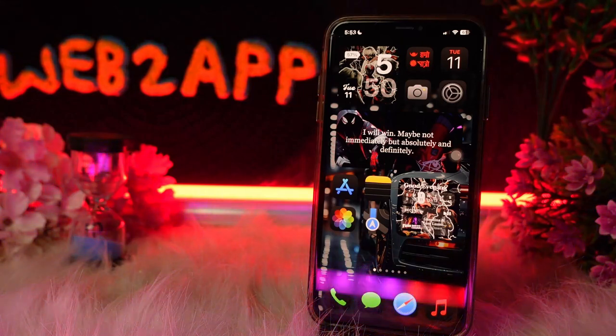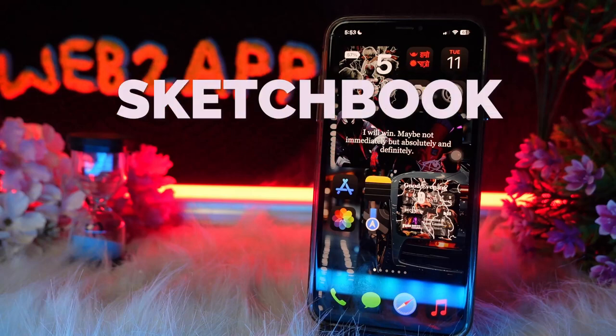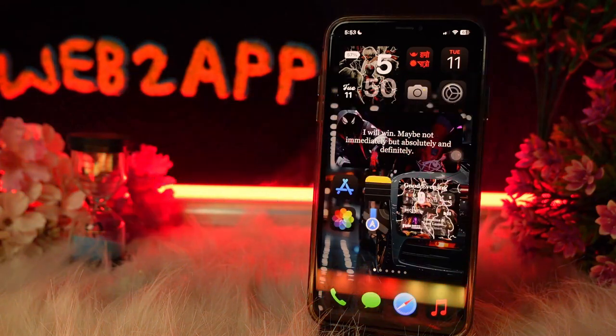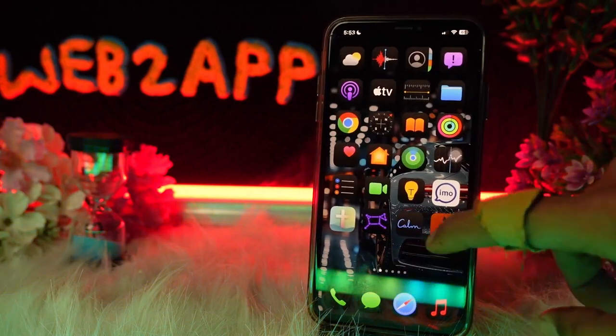Hope you are doing well and fine, and in today's video I'll be showing you how to remove the background in the Sketchbook app. So without wasting any time, let's just jump right into the video, and make sure to watch this video till the end and follow the steps as well. To remove the background in the Sketchbook app, what you need to do is first head over and open up your